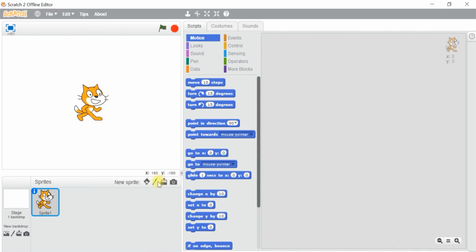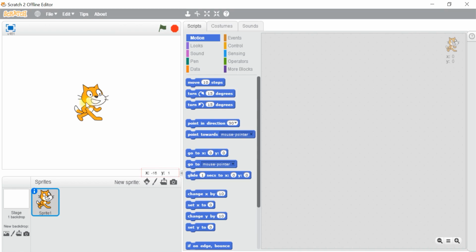And this stage is divided into x and y coordinates, and students, you can see the x and y coordinates here, and this sprite is at the center. See, if we move the cursor to the sprite, the value of x and y becomes 0, 0. It is the origin.